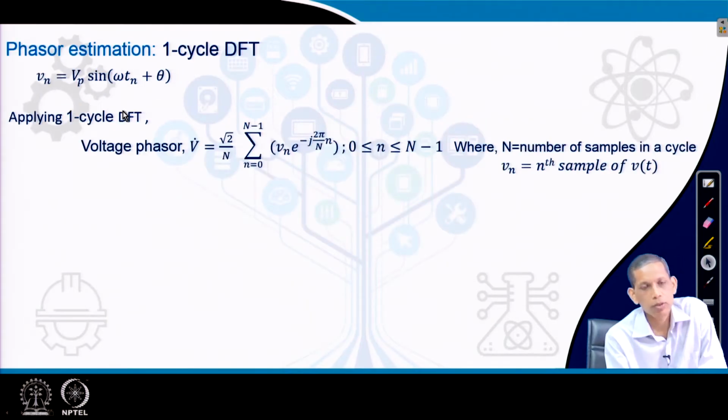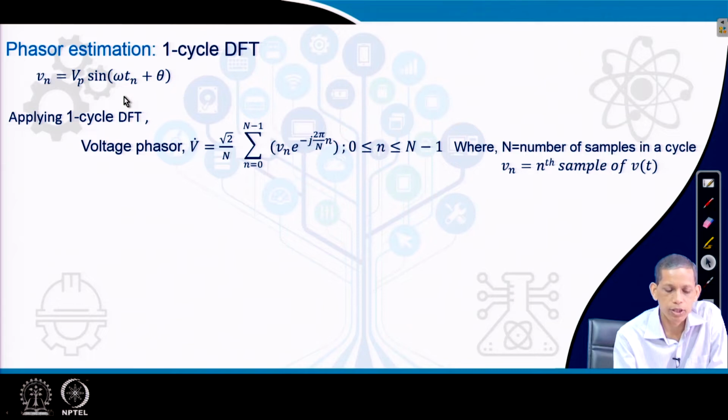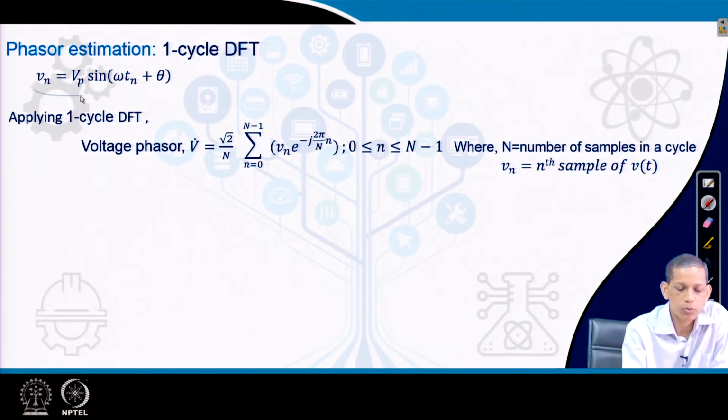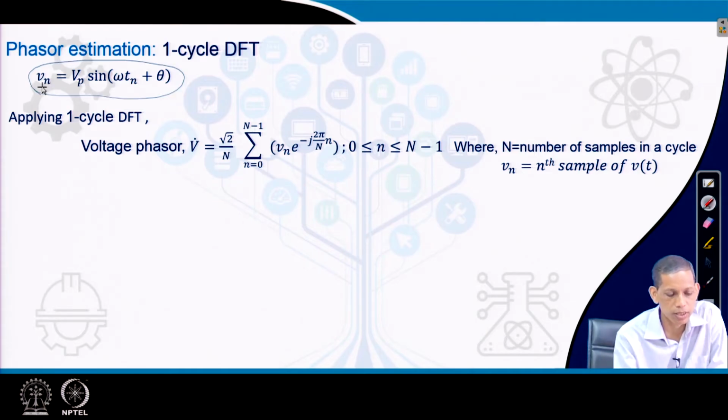Now, consider how the one cycle discrete Fourier transform algorithm is applied for the phasor estimation process. These are the corresponding sample values acquired by the relay, as already mentioned, and then we apply the one cycle DFT technique. The phasor computed by this one cycle DFT process is the summation from n equals 0 to N minus 1, where capital N is the number of samples in a cycle,